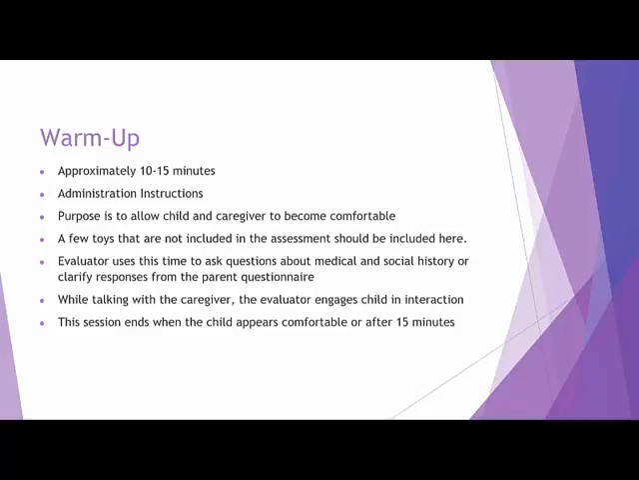The warm-up is very important to the assessment, and an inadequate warm-up can be detrimental to the quality of the communication sample. A few toys that are not included in the assessment should be included during the warm-up section. The CSBS kit includes a family house set for warm-up because it interests many children and allows the children to demonstrate turn-taking. The evaluator can use this time to ask questions about the child's medical and social history or clarify